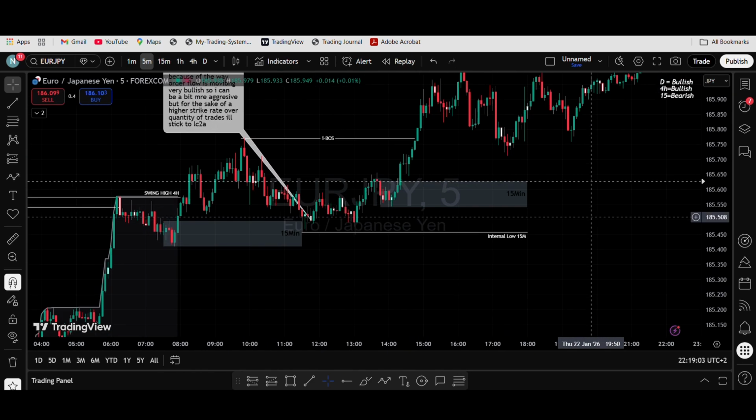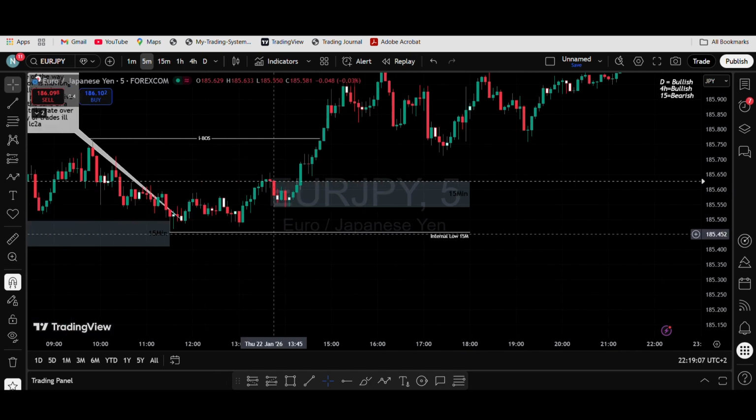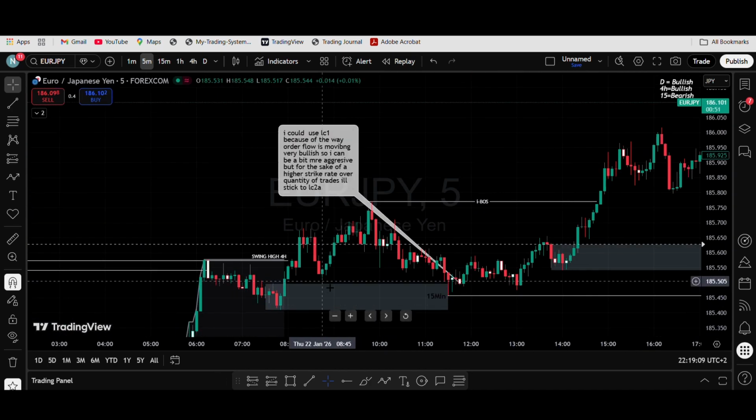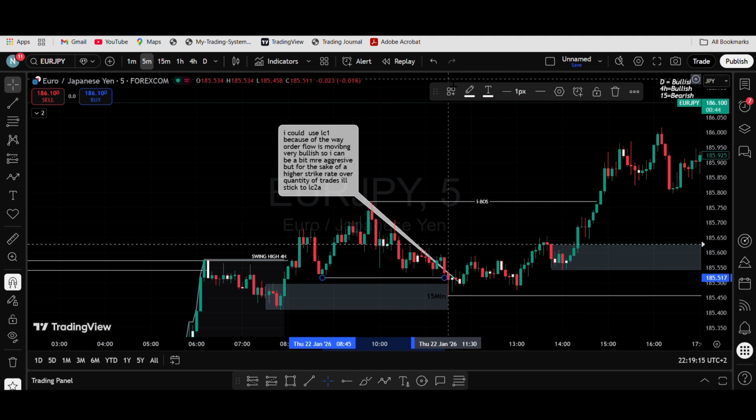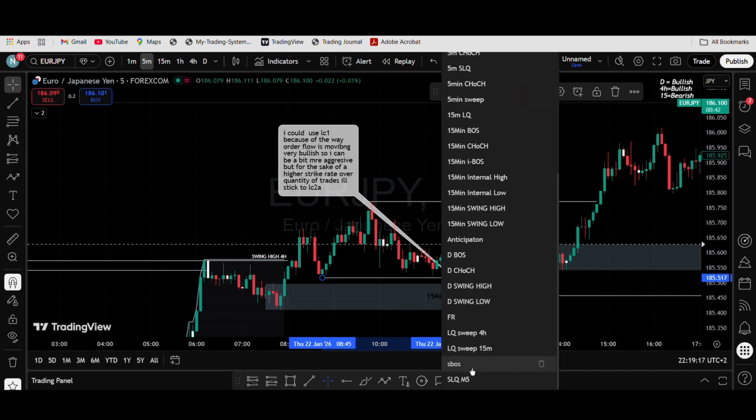I think LC2A is the safer play in terms of 5 minutes. We didn't get an LC2A, instead we ended up getting an LC1 with the liquidity here, right? You have an LC1 there,